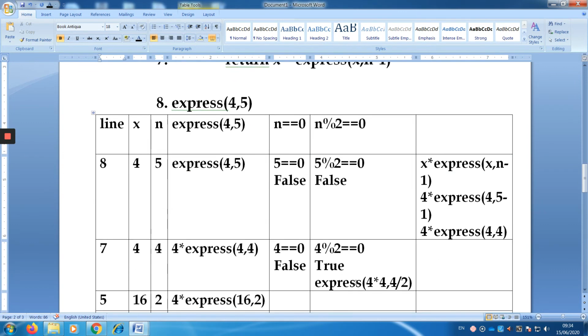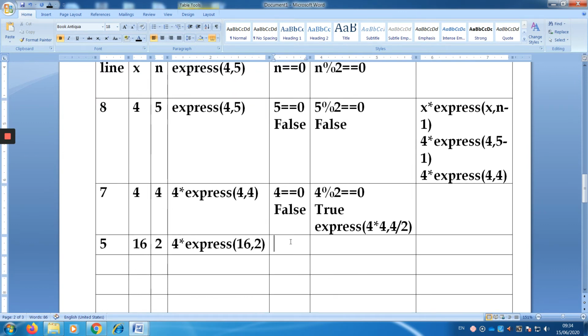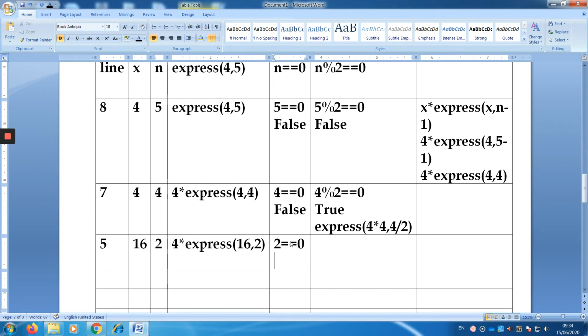Now I am trying to check the n value, the first condition. 2 double equal to 0. The condition is false. Then 2 modulus 2. Modulus operator, kindly remember, is going to yield the remainder.